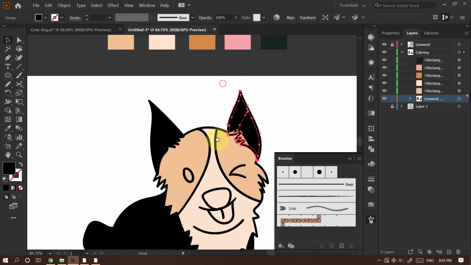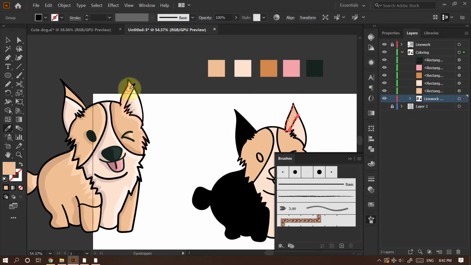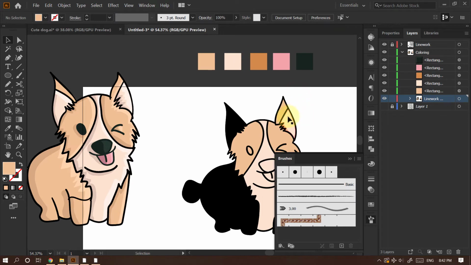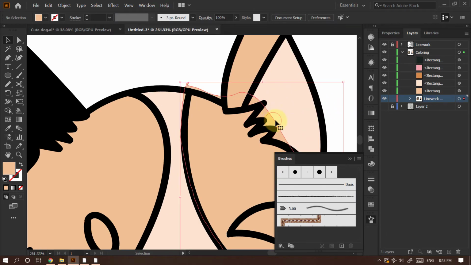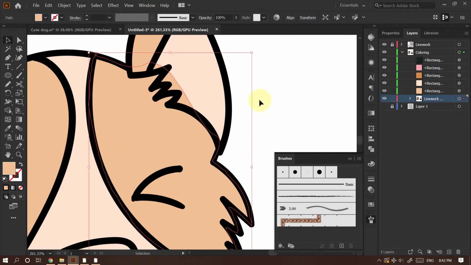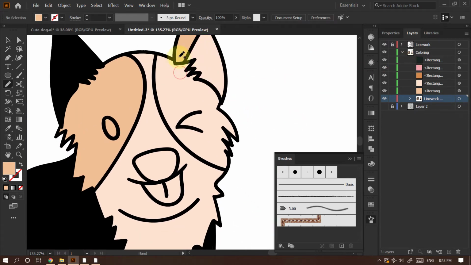And in the ears, I can paint this color. I will do the pencil step again, very carefully.